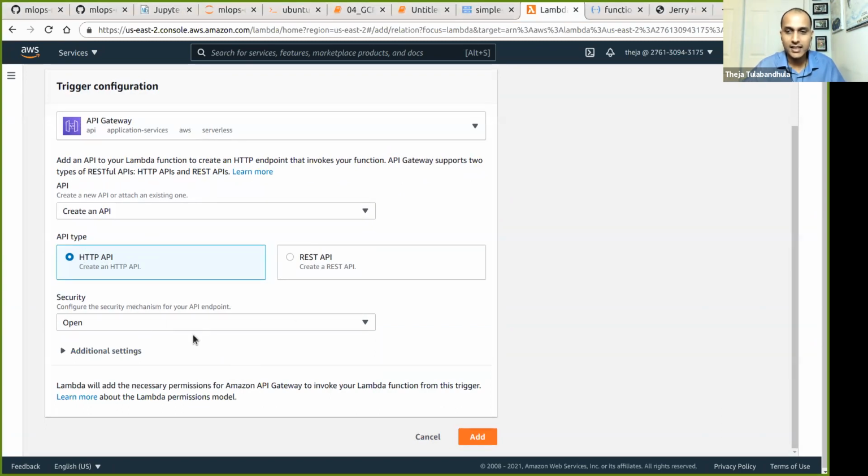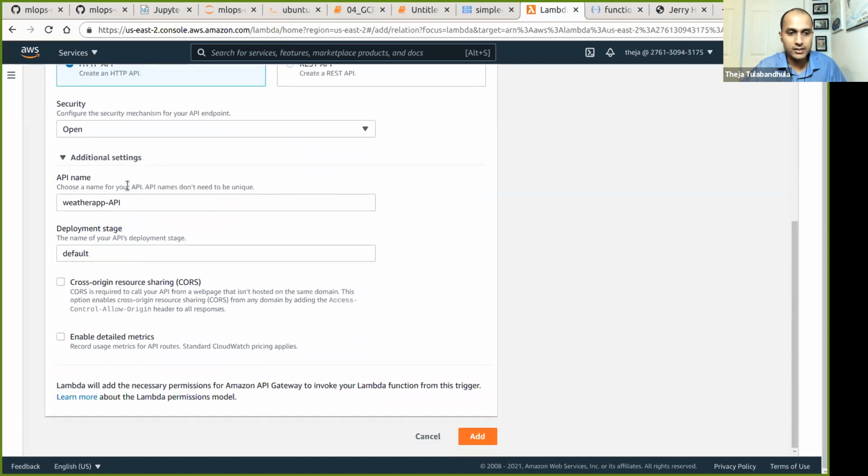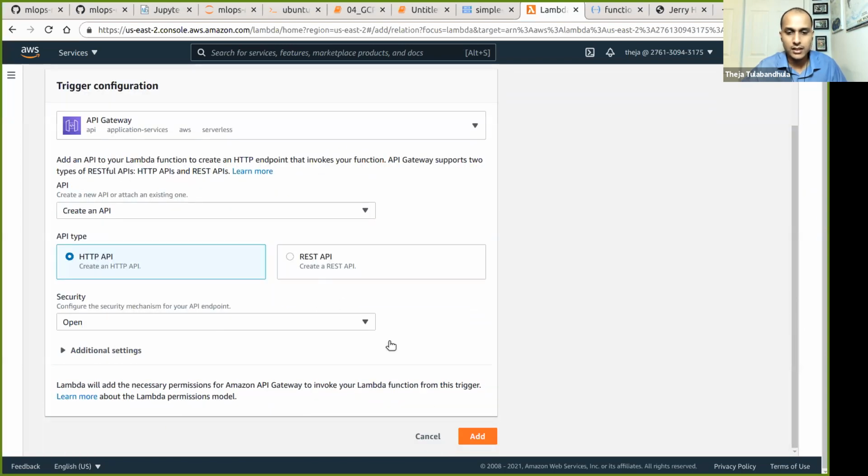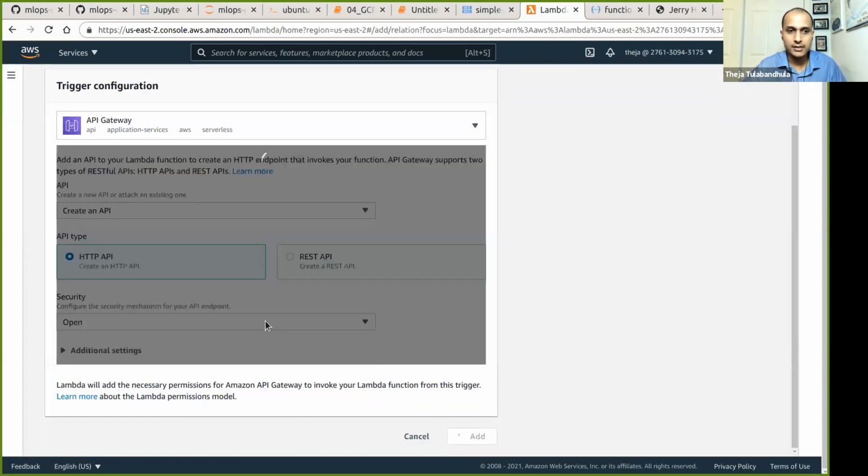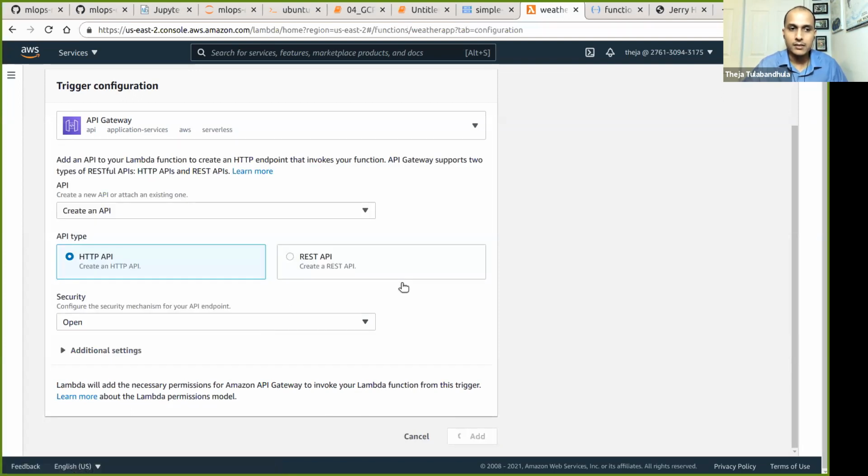As I said, generally you don't want to allow random clients to access your prediction model, so it has to be guarded. But for a minimum example, we are doing it this way. I don't think we need to do anything about the additional settings, so let's just add the API Gateway.